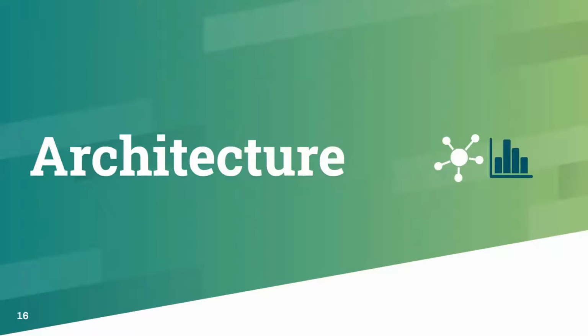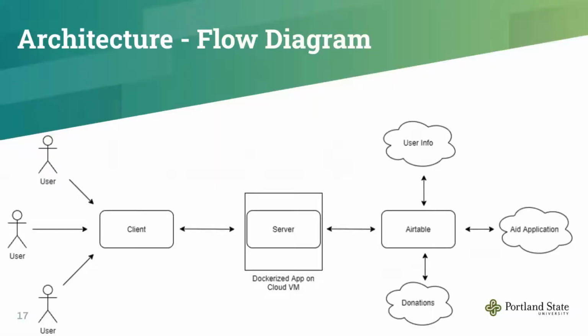Hey, my name is James Fotheringham. I'm going to talk about the architecture of our app for a little bit. So this is the basic flow diagram for how our application works. We have users accessing the client through their web browser or through their phone. And basically anything they do through that is going to hit our server, which we have Dockerized on a cloud virtual machine. So it's running on a virtual machine, and then it's hitting Airtable, which is kind of